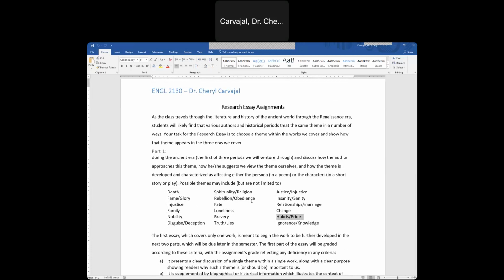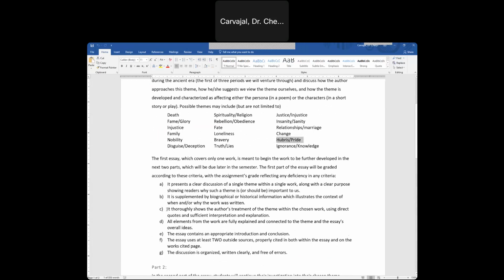So it's not just that the Iliad says that there is that theme of heroism or anger or nobility or whatever. It's what is it saying about that? Even about death, what does it say about people dying and facing death? Especially when we're talking about war, how do people die and what causes them to die in the Iliad? The number one thing I'm going to grade on is that you are actually discussing clearly that theme and how it shows up in the work